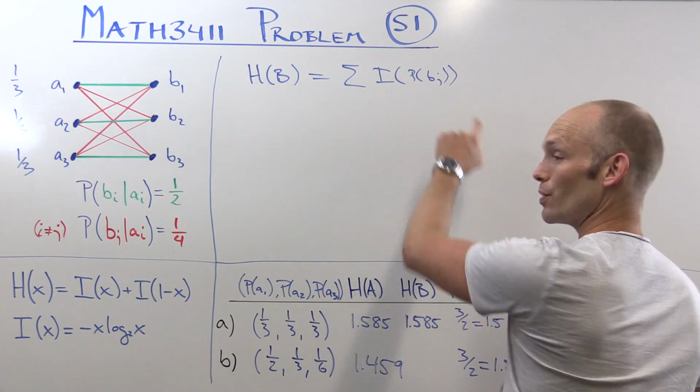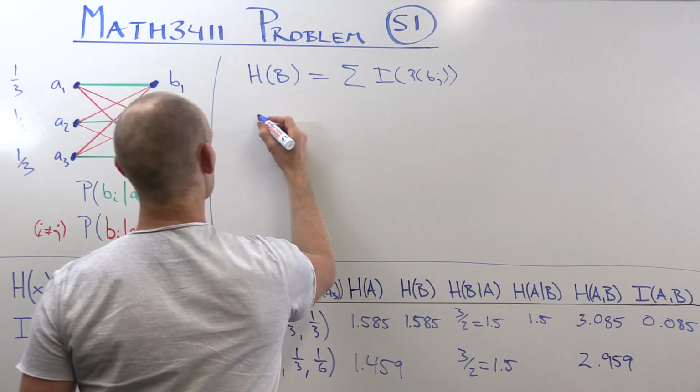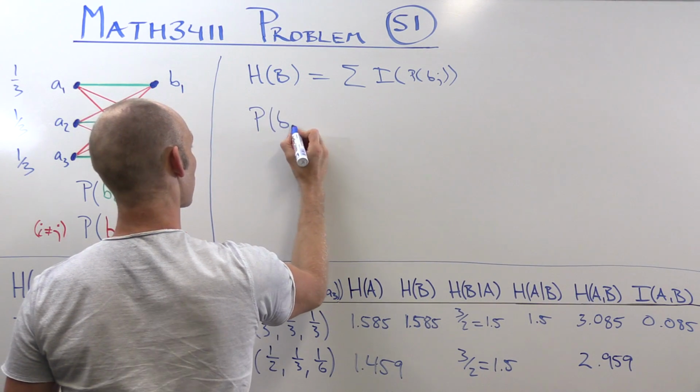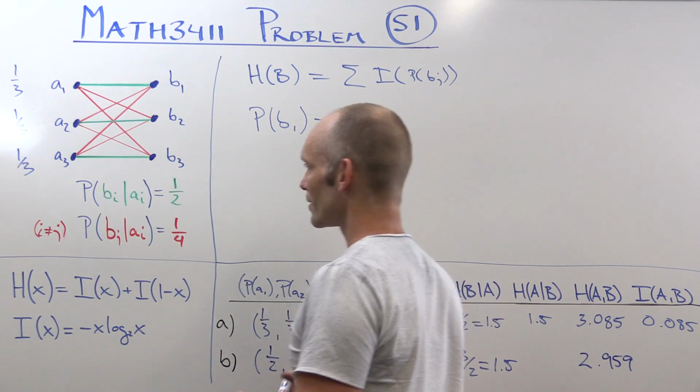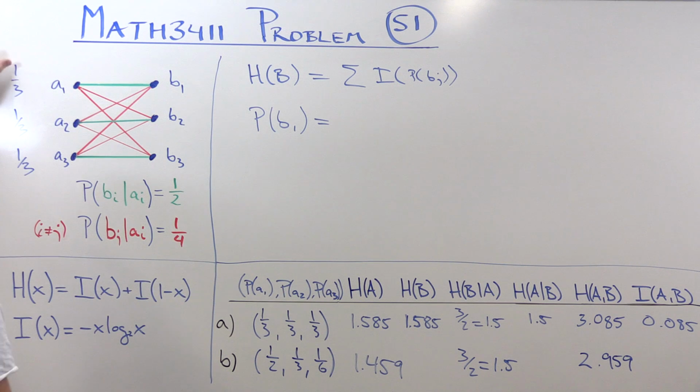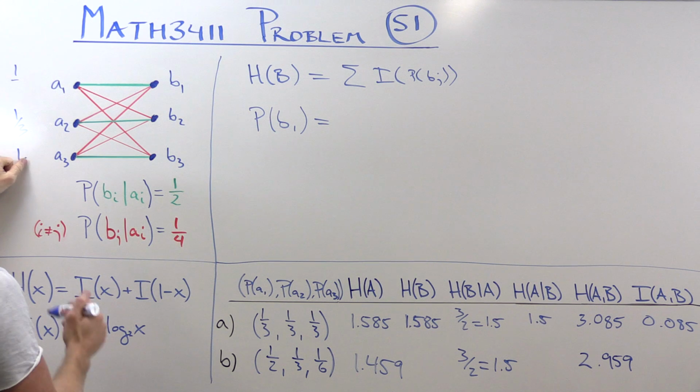So we need to find these probabilities. So let's do that. So for instance, P of B1, well, what's that? And now that we're down in part B, I should really change these probabilities as well to make them more relevant,